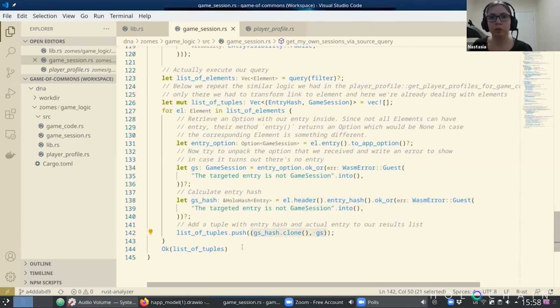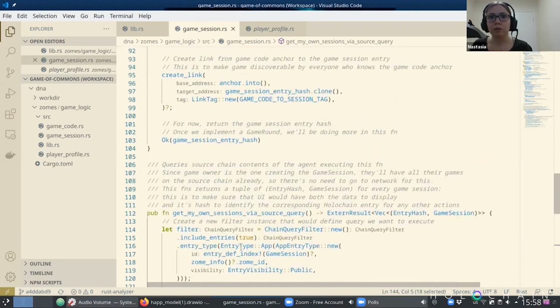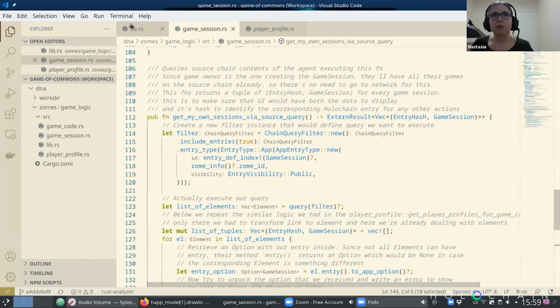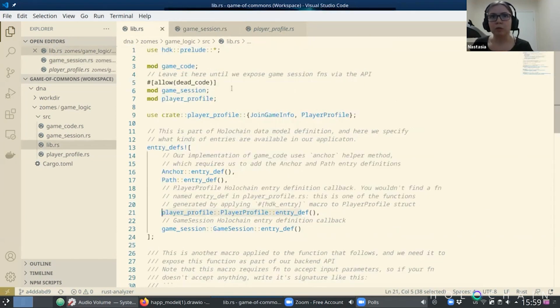And once we're finished with our for cycle, we just return the list of tuples that we have as a result. So that's for querying the source chain. And so up to this moment, and you can see here, I had to add the allow dead code because I have written